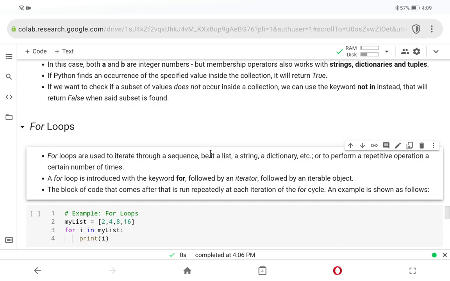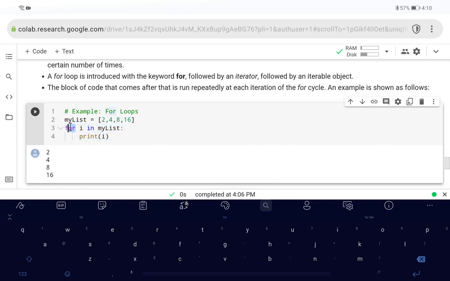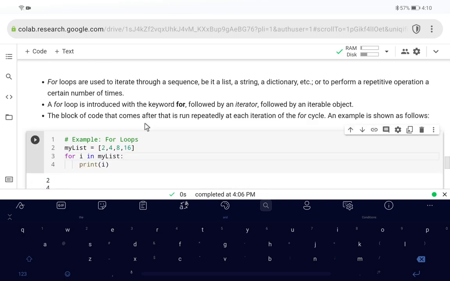Okay, moving on. For loops. For loops are used to iterate through a sequence, be it a list, a string, a dictionary, and so on, or to perform a repetitive operation a certain number of times. A for loop is introduced with the keyword for, as highlighted here in magenta. It is followed by an iterator. The usual iterator that we use in Python is i in my list. So we have our dear list here,